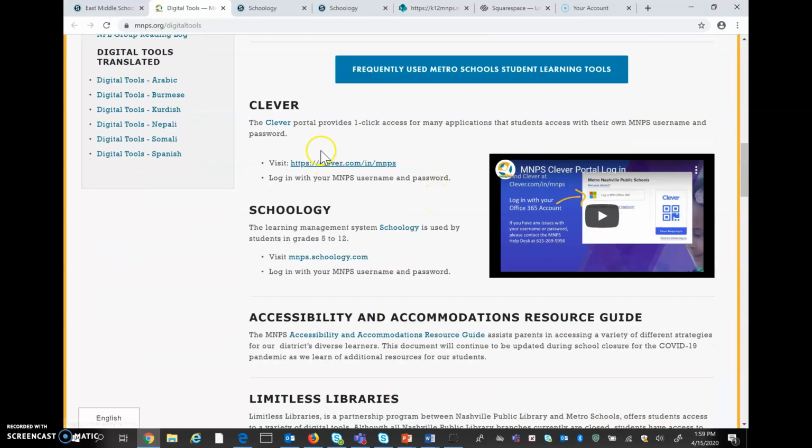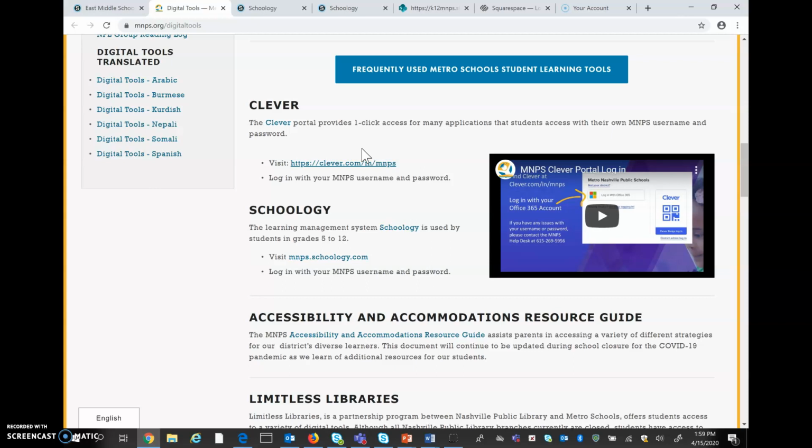Clever, this is the portal that the district uses. Most students should be familiar with Clever. It houses the online textbooks. It houses EverFi, which is the financial literacy course for middle school students. It houses iReady. So that is a software program that we have at East specifically in the areas of math and ELA.